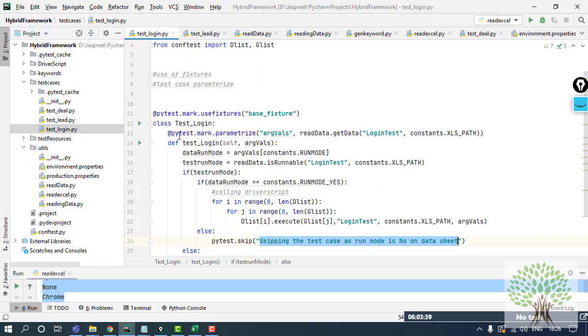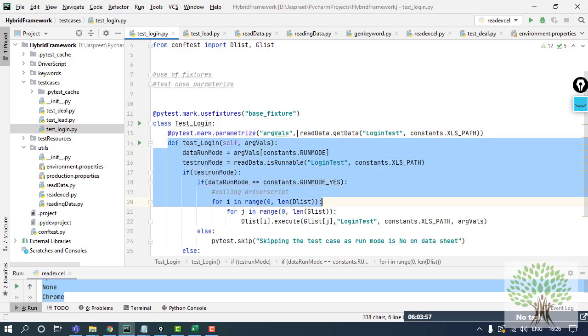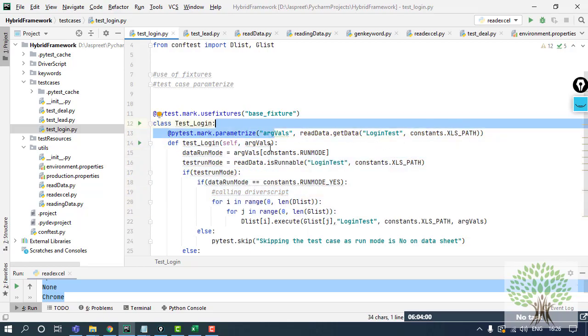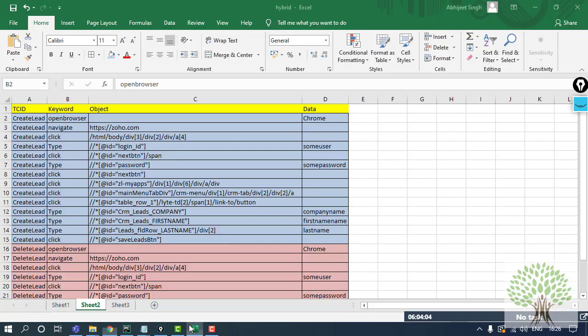I will be parameterizing my test case as many times as the data sets I have. If I want to run it on Chrome, or run it on Firefox with a different data set, I can do it. We have already seen what parameterizing of a test case is. So my test case will be parameterized by this. Fine. And the keywords that I'm talking about over here, we have made the keywords, right? So all these keywords have a corresponding function made in which the whole process is being done.